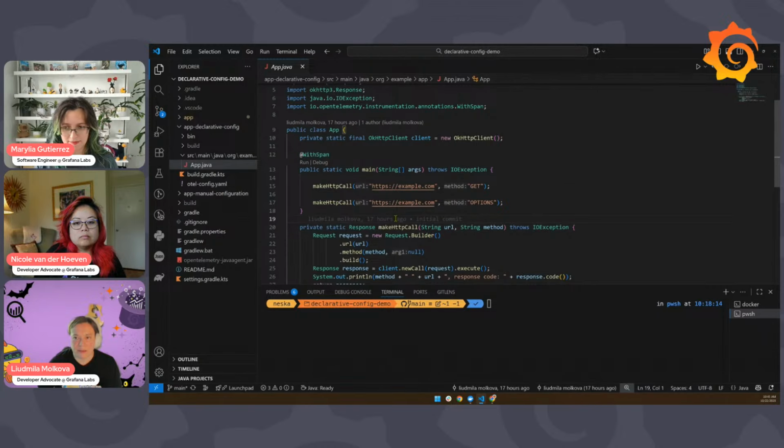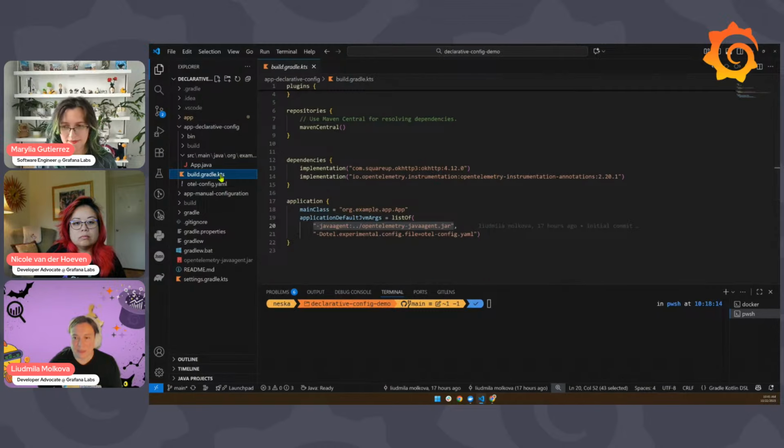And all the interesting things happen when we run this application. So how do we do this? This is Java, and Java has a nice feature of Java agent. That's something that is able to intercept when the application starts and actually instrument it. So we are instrumenting this application with Java agent, and it will enable a bunch of instrumentation libraries. It would also configure OpenTelemetry SDK to report this telemetry from instrumentations to the backend.